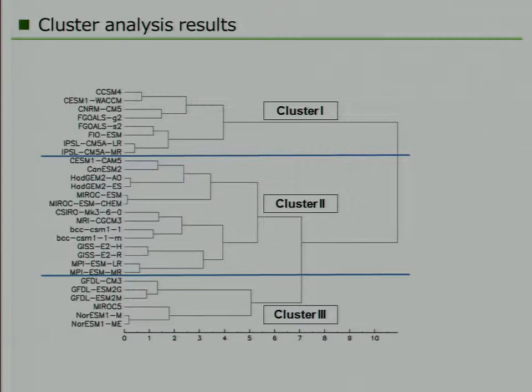And one interesting thing, maybe related to the previous talks, is that different models from the same model center can show very similar patterns, so they are often categorized into one cluster. For example, this GFDL or MPI, GISS, and Hadley Centre. So yeah,